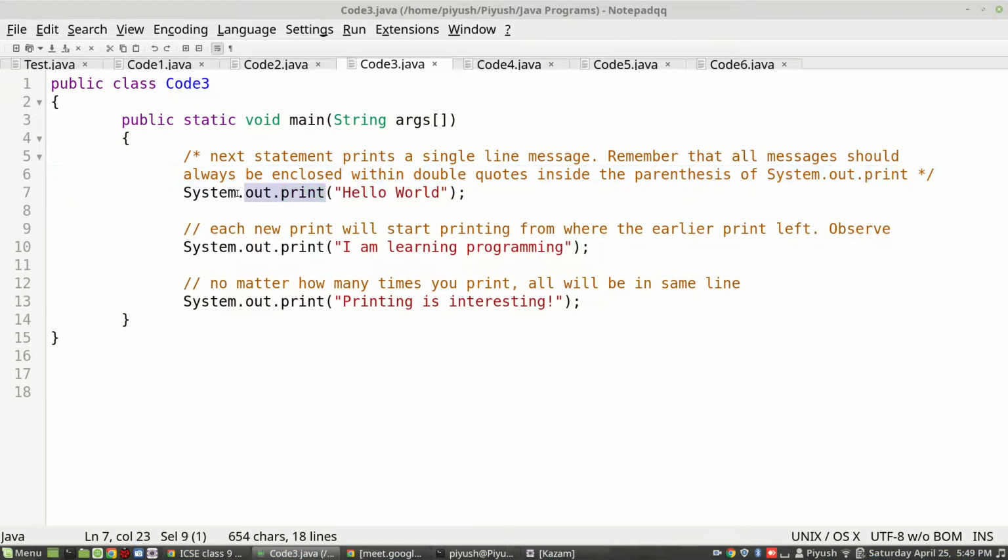So this is system.out.print, and it has parentheses here, starting and closing. And like you can see, all the non-comment lines are ending in a semicolon, right? Whatever messages you have to print, you will put inside the parentheses, and that should be enclosed within double quotes.